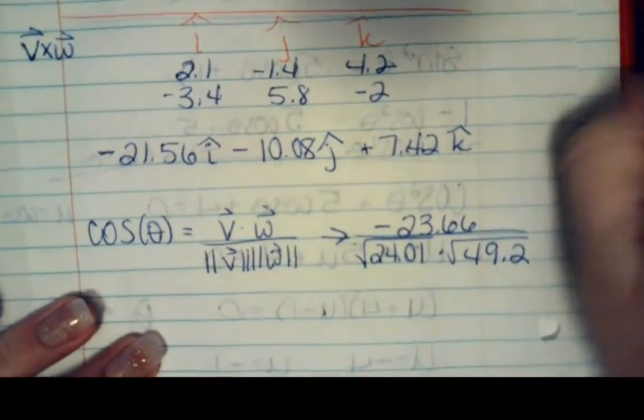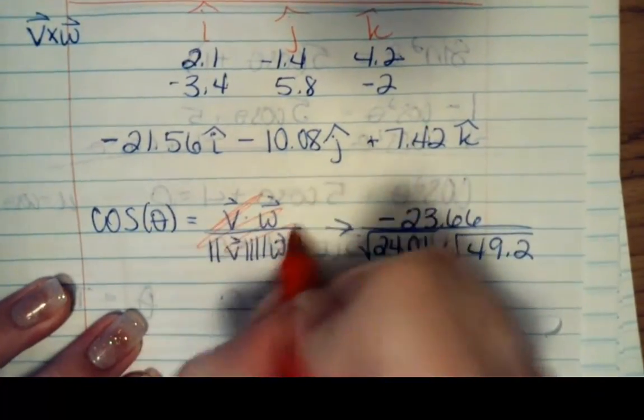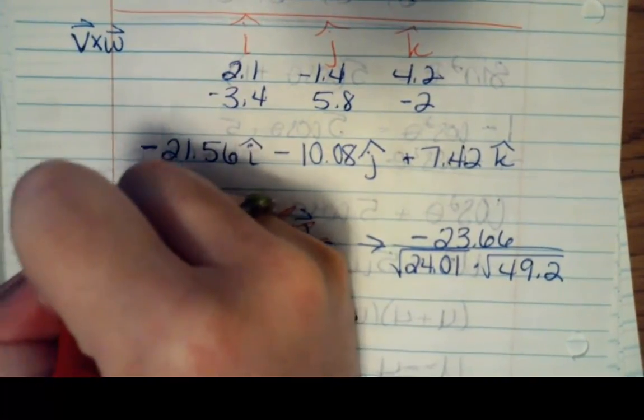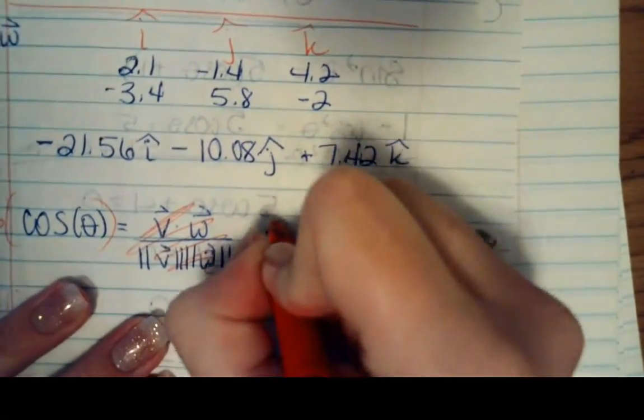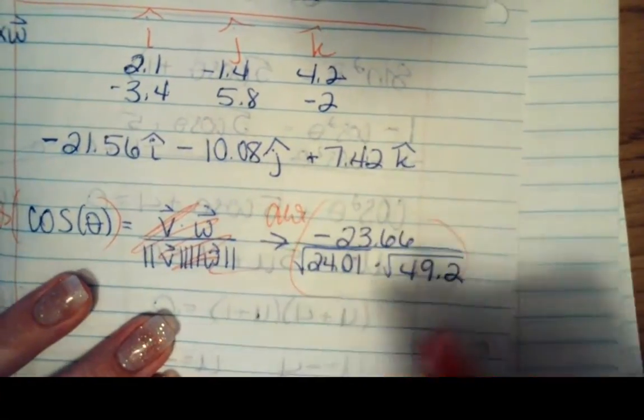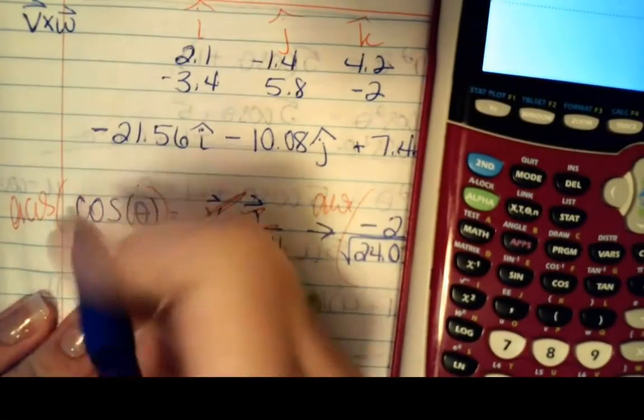So that is my answer from here. This was just the formula. I'm going to take the arc cosine of both sides. So I end up with theta is